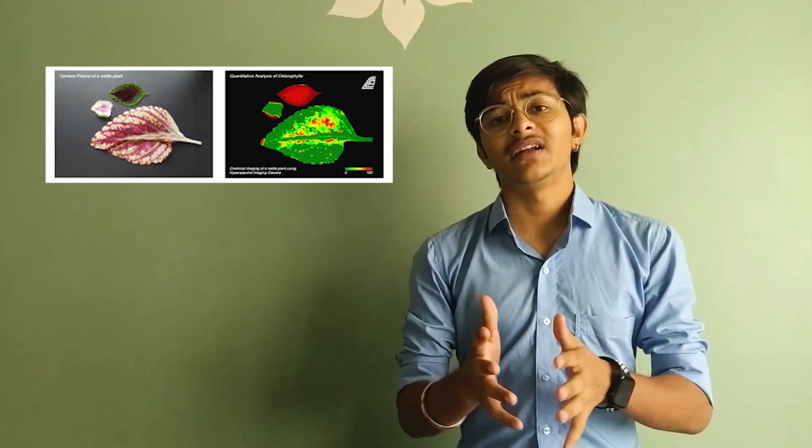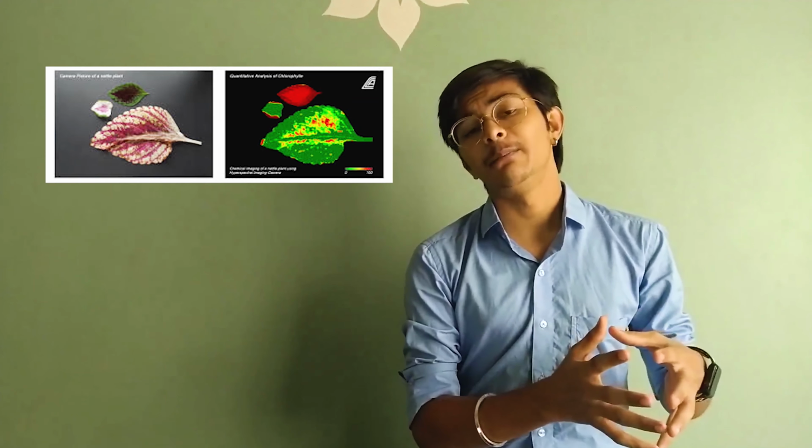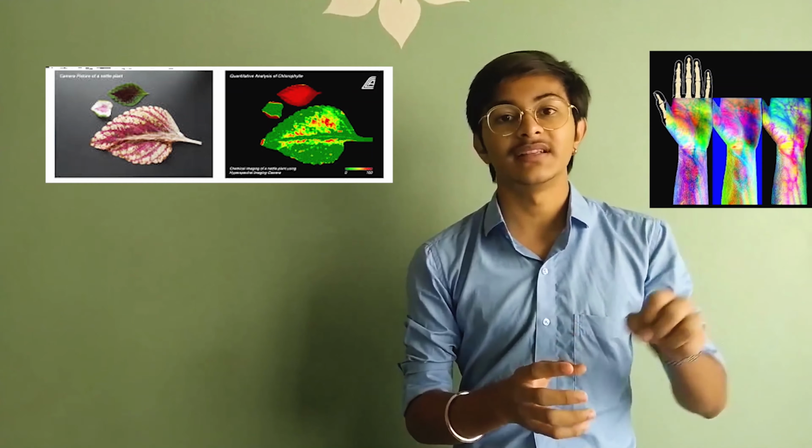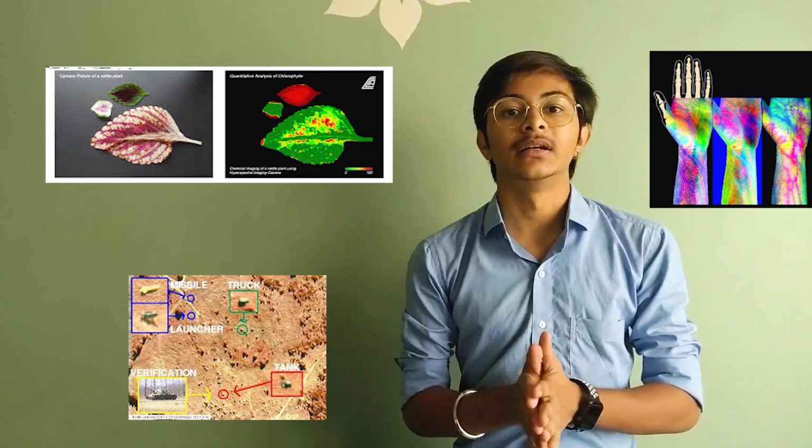So now the question is, why do we need it? The goal of hyperspectral imaging is to get the spectrum out of each pixel in the image in order to identify the object or its material. It has been defined that it is quite useful in many applications ranging from remote sensing to medical and agriculture.